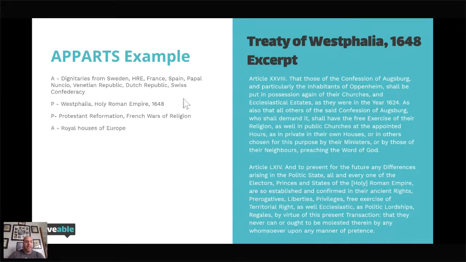And so next we have our audience. This is one of those hard ones because time frame is going to be really important here. In 1648, the average European can't read. Education is starting to pick up, but it's still very much a wealthy dominated area. It's still a very male dominated area.